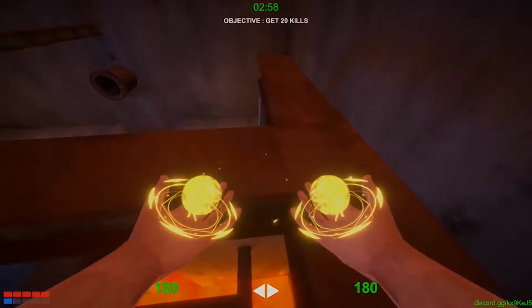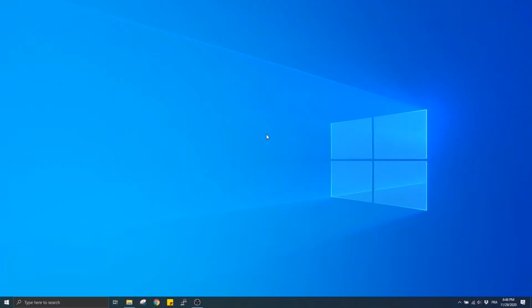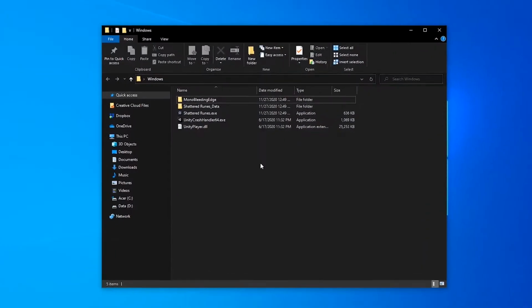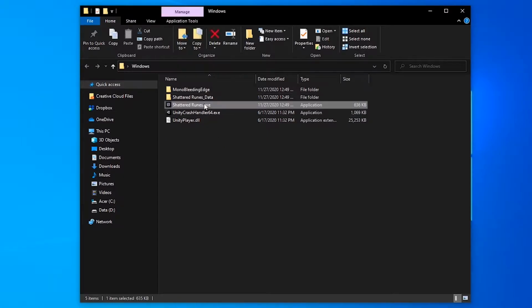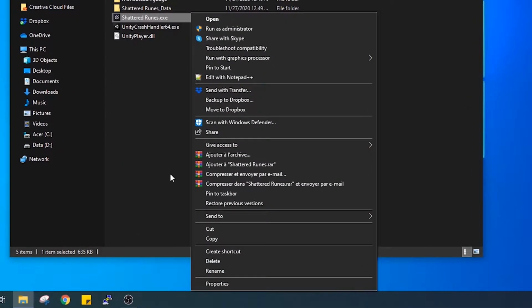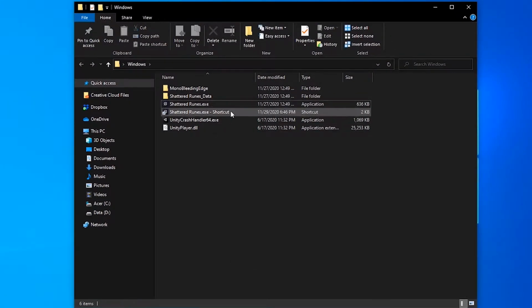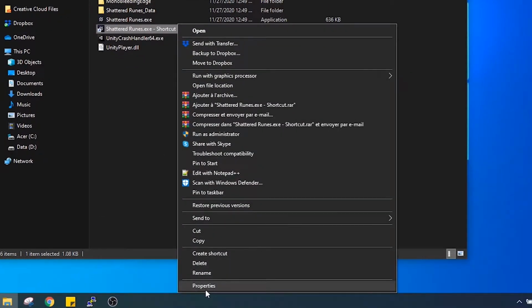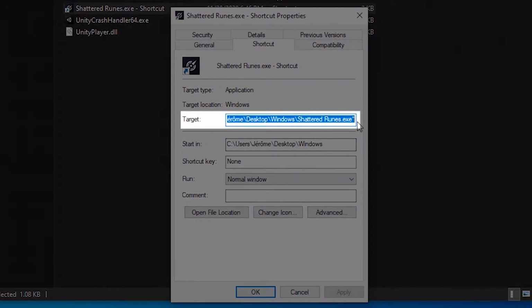Anyway, let's get started. To host a server on Windows, go to your game directory, right-click on the game executable, and create a shortcut. Right-click on the created shortcut and edit properties. In the target field, add the following arguments: